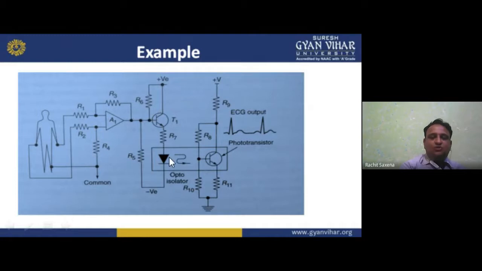This is optically isolated between these two, because we have an optical signal. So we use what? We have the isolation here. And then again the LED is there, and that is the ECG output. That is the ECG output. In the phototransistor we are having, that is the LED, or we can say the phototransistor we have. So I hope you understand about this. That's the basic example of how it is used.